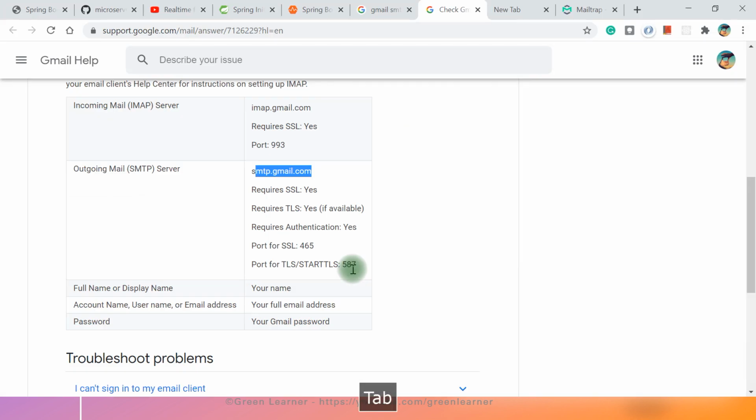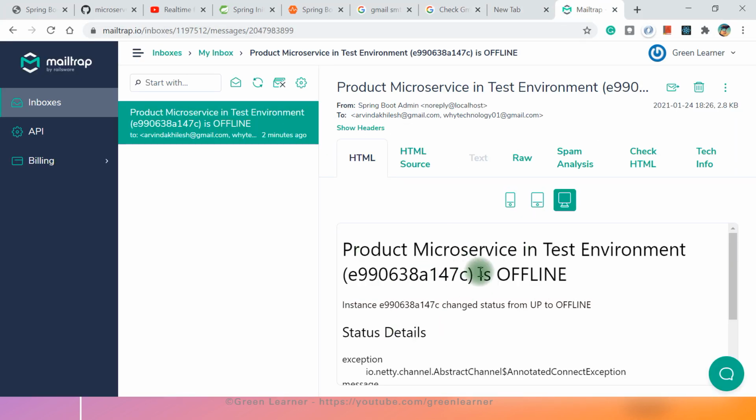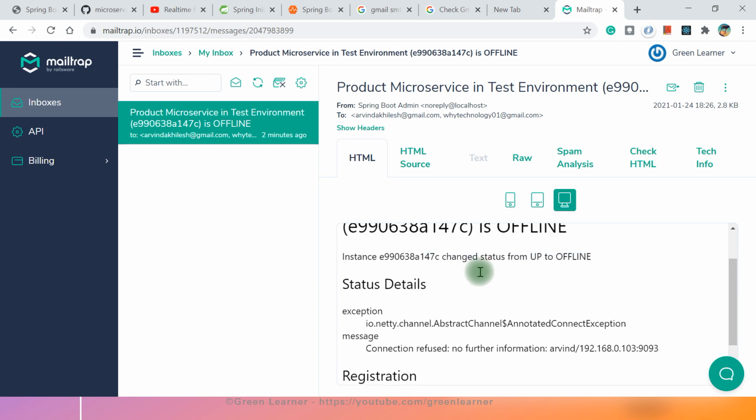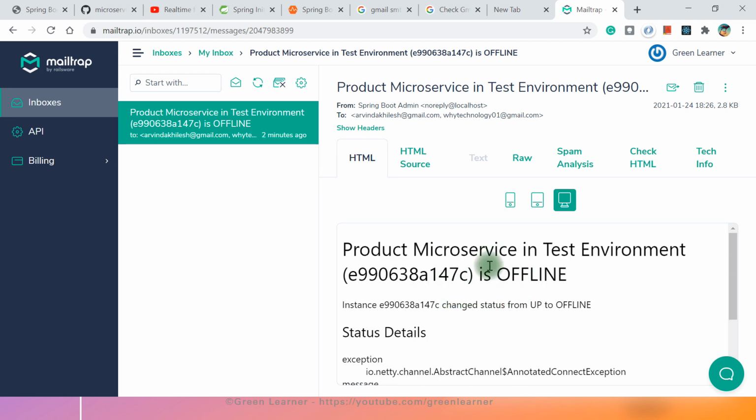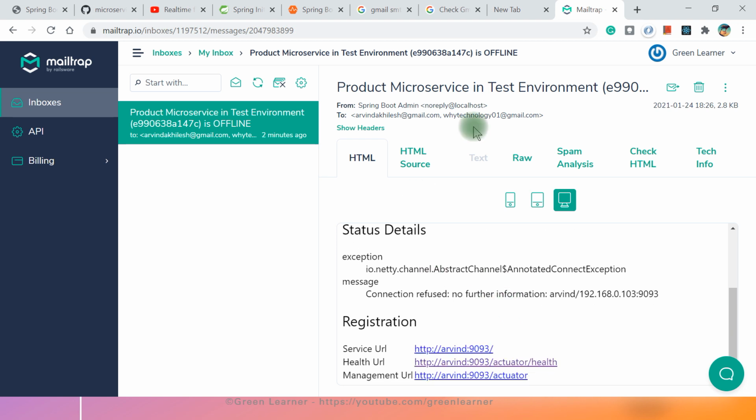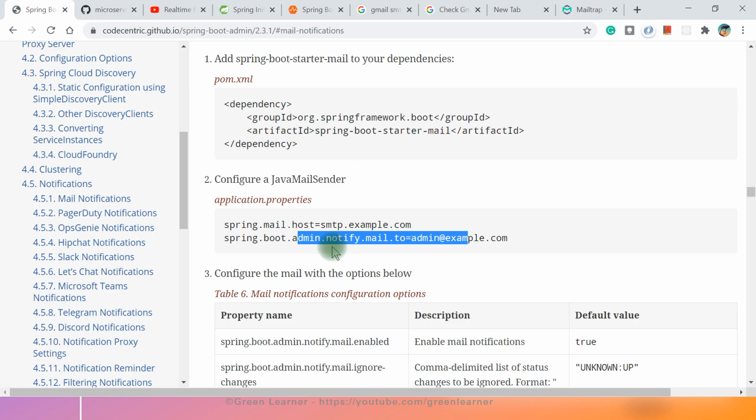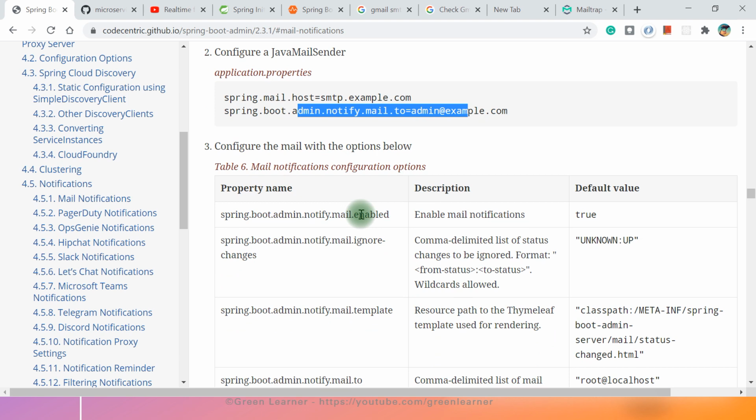Okay, so this is the default template. Now coming to this part here, this is what you will get in your email. This is the template of this email, that default setting that is coming here. And if I want to change this default, how can we do it? I'll suggest you go through this configuration. These things are pretty straightforward.